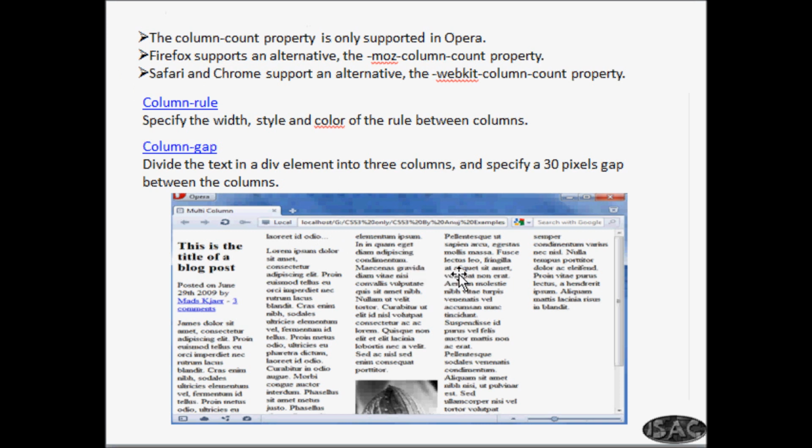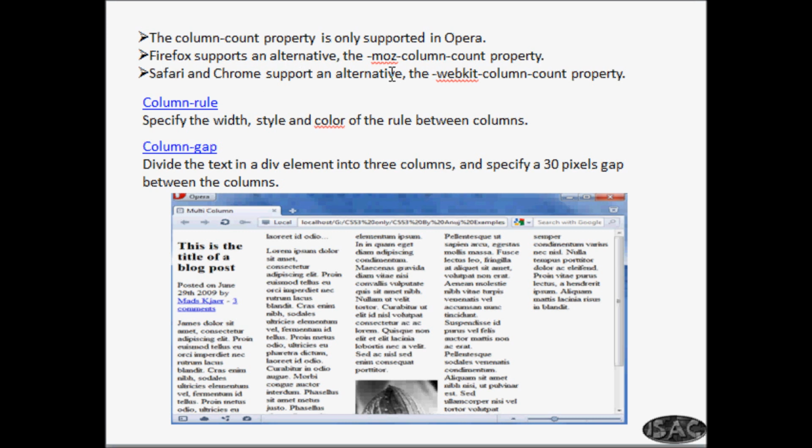Look here. The code is in front of you. So one article is there, but this is divided into five columns, 1, 2, 3, 4, 5 columns, right? The column count property is only supported in Opera. Even if we write the column rule and gap and all, you will not be able to get it in Chrome and Internet Explorer.